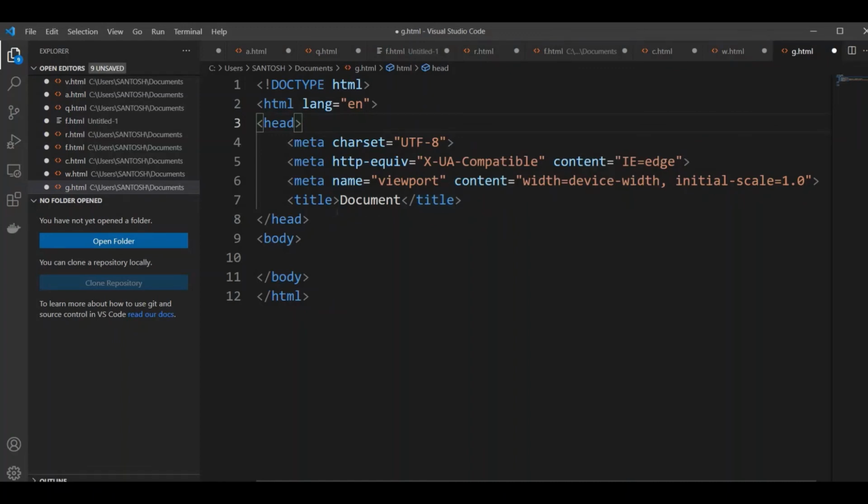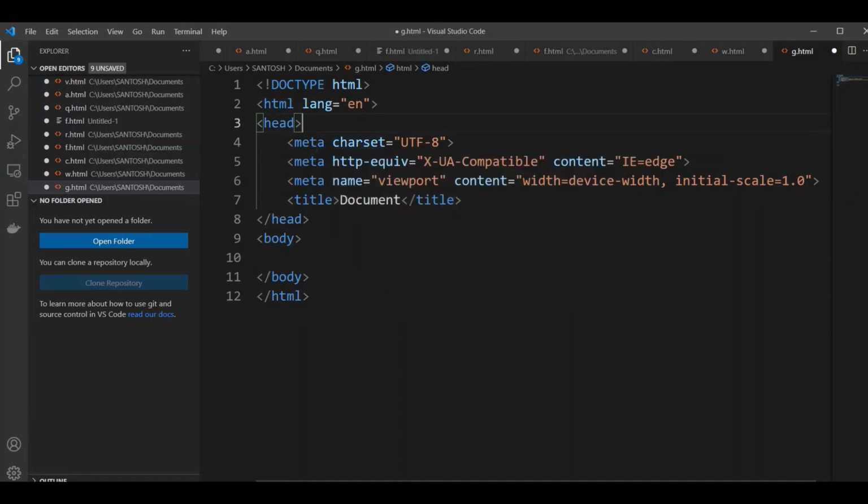And what is the title? In the title tag we can print the title of your website. So this is the concept of the meta tag.